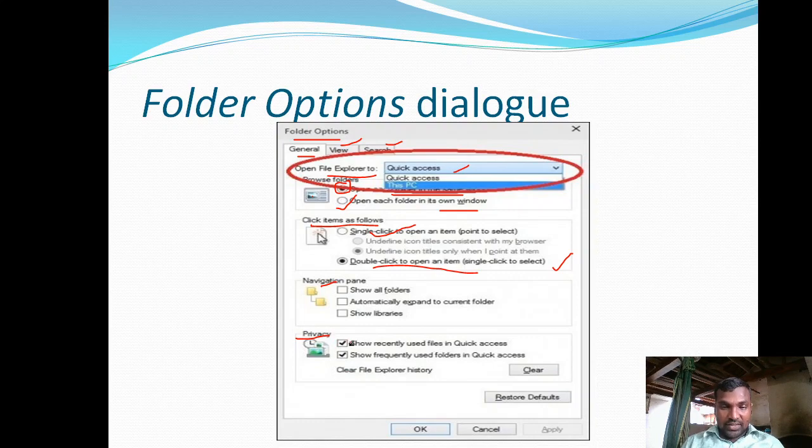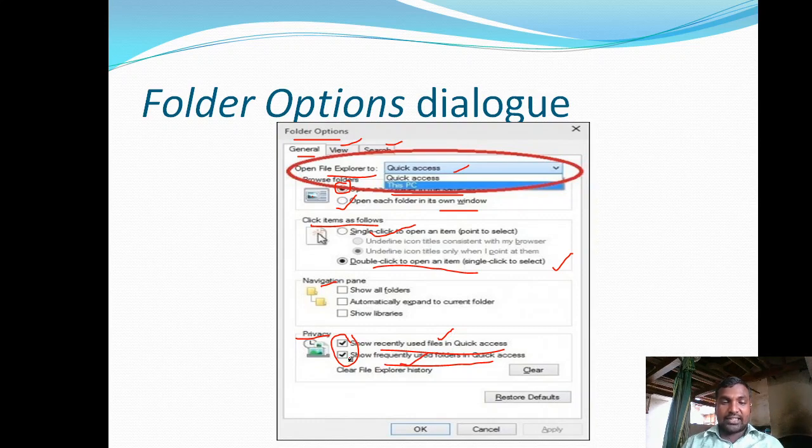Under privacy we have two check boxes. The first is show recently used files in Quick access. If you select this one, the recently used files are displayed. If you uncheck it, the recently used files are not displayed in Quick access. The second one is show frequently used folders in Quick access. The first one is related to files and the second one is related to folders.